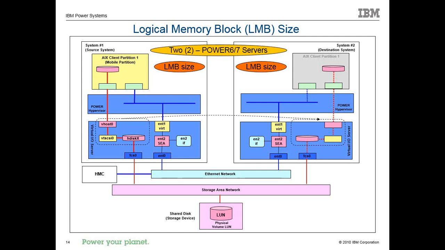And so you have to have the same memory region size on both your source and destination. So this has really not been a problem in the last few years, but when we first came out with this, on some of the earlier P6 models, we would have an LMB size on a low-end server of 16 megabytes. And our enterprise servers have always been at 256, the 795s, the 780s, the 870s. They've been 256 since the first day they shipped.